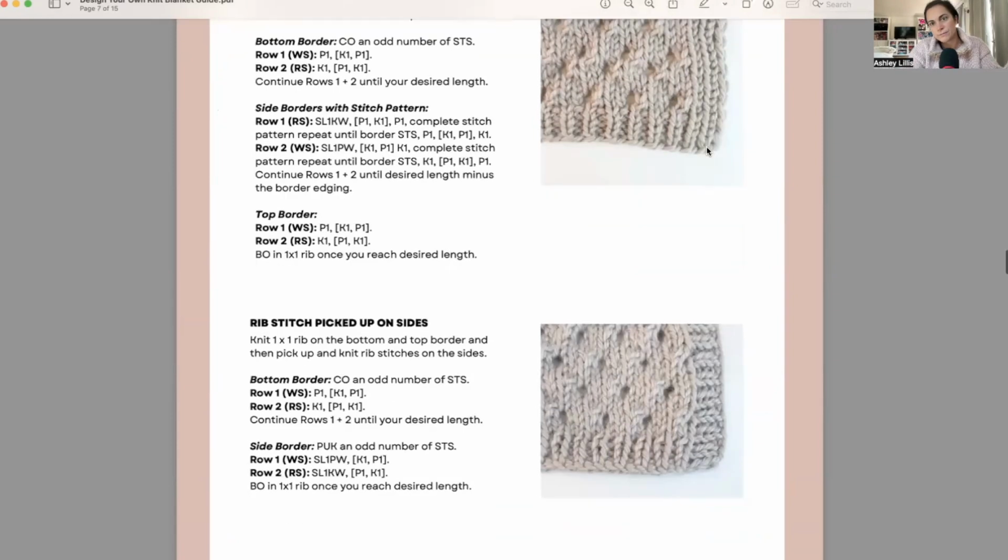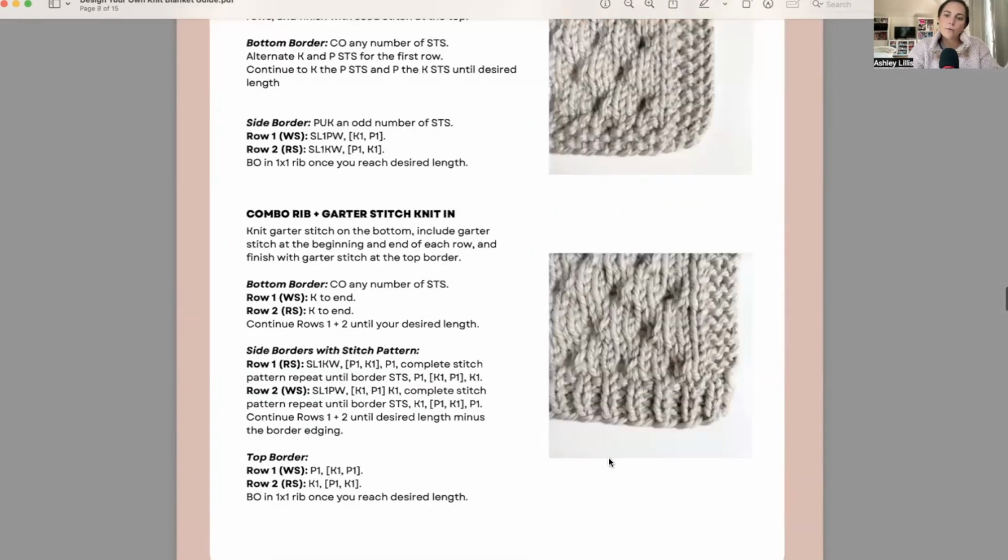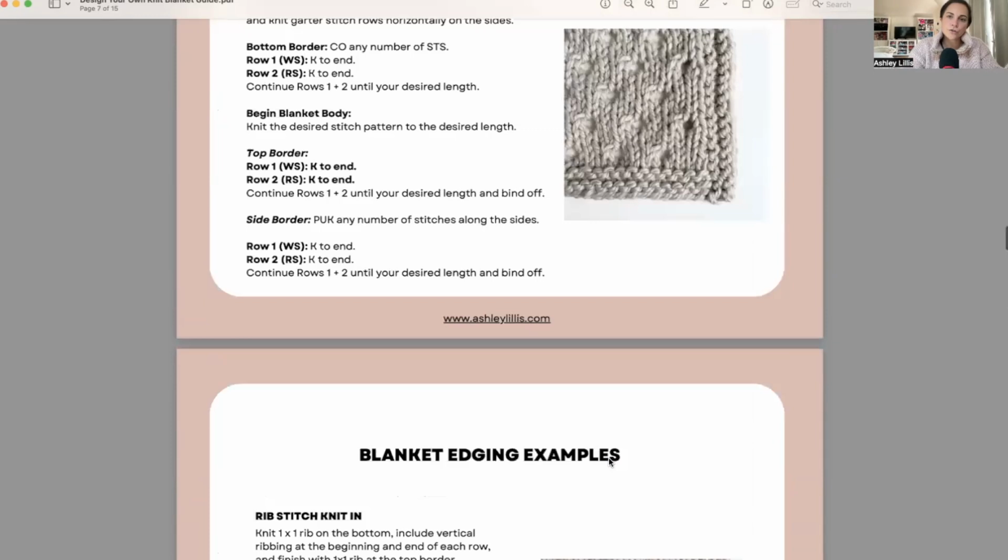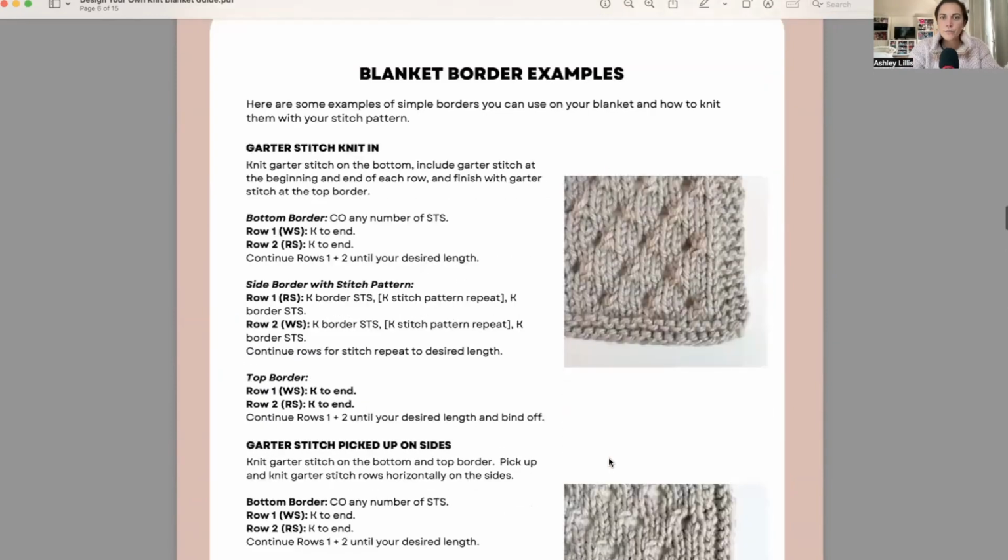Here's how to add in rib stitch. Here's how to do a combo seed stitch. Those are just some examples. So after you pick your border,